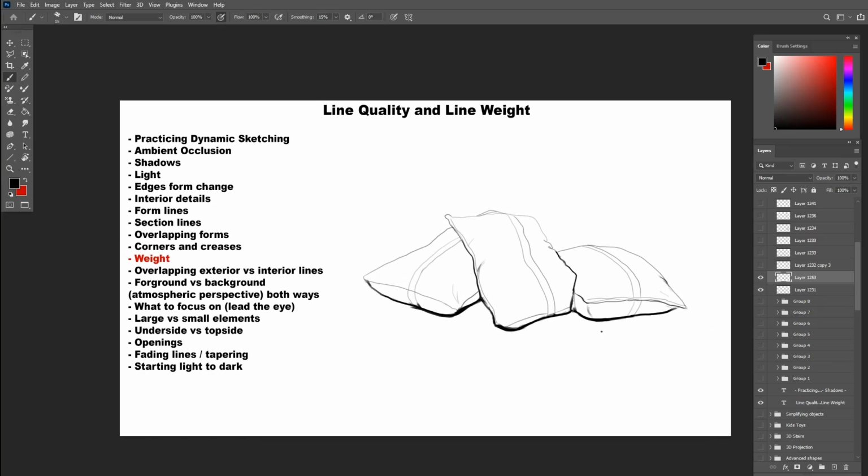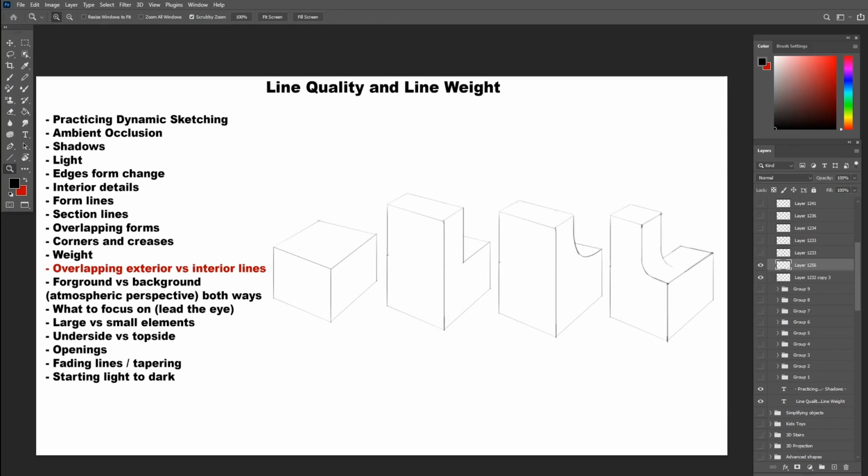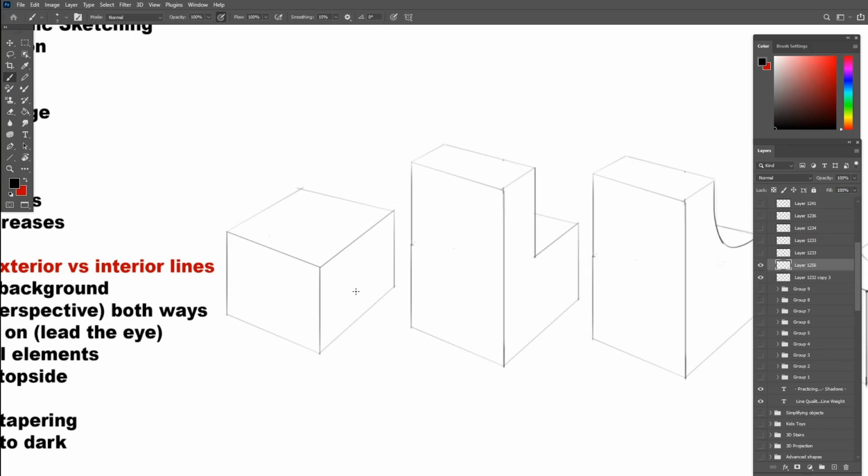Now they look like they are really on the floor and on top of each other. Another combination of factors is the overlapping of the exterior versus the interior lines. Two factors at once. What do we mean by this? We already learned that the exterior edges are thicker than the interior ones. For example, in this normal box, corners will have a bit more shadows, and it tapers off as they move along the edge, but never as dark as the exterior ones.